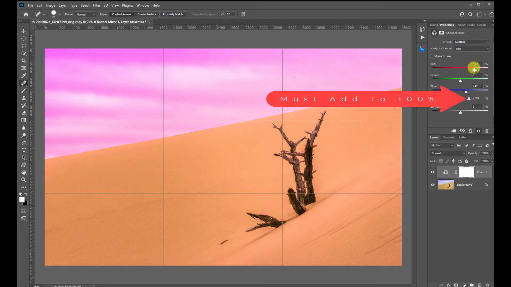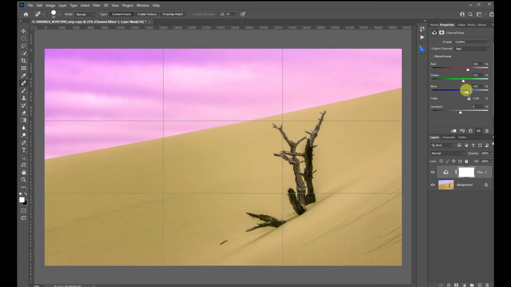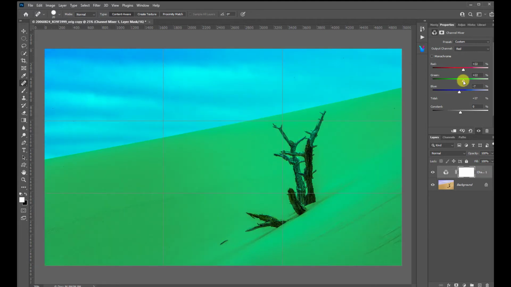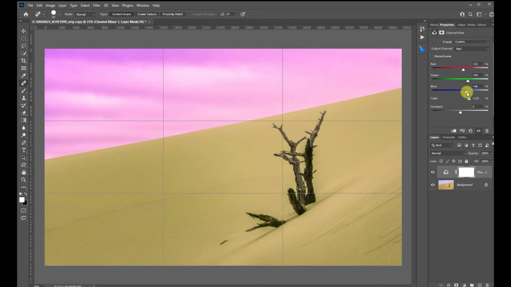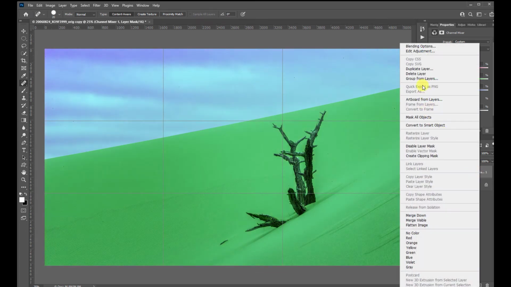And of course, here we need to make sure that it adds up to 100%, which 3D LUT Creator does automatically. These are the kind of changes that the Channel Mixer tab in 3D LUT Creator controls. So these changes are controlling the color of the image. Again, this is exactly what the Channel tab in 3D LUT Creator is doing, albeit with an easier to use interface and automatic normalization, so this number is always kept at 100% as the combination of all three channels. Now, there's no good way to reset these to the way they were when it opened up, so I'm just going to delete this layer